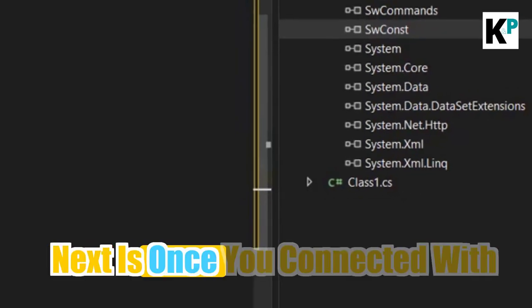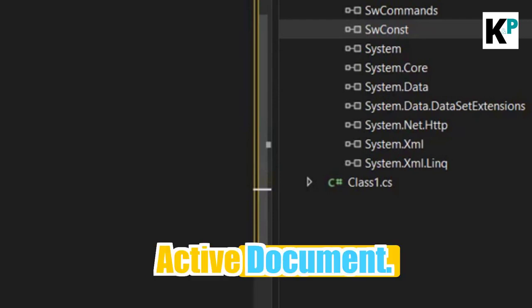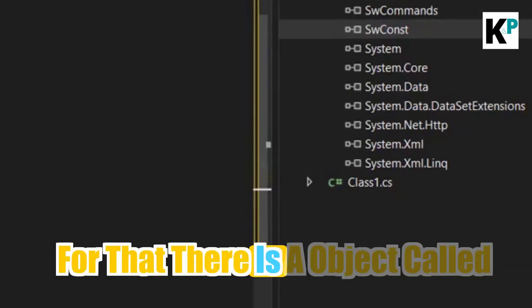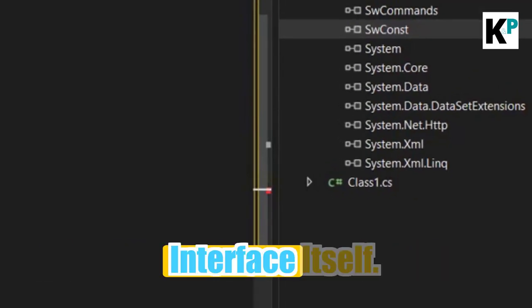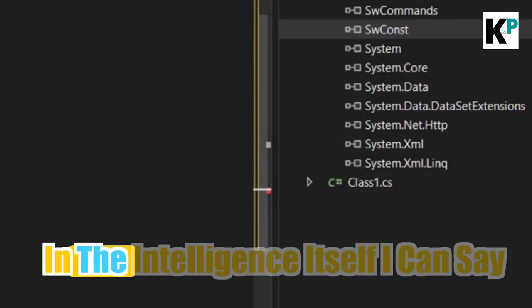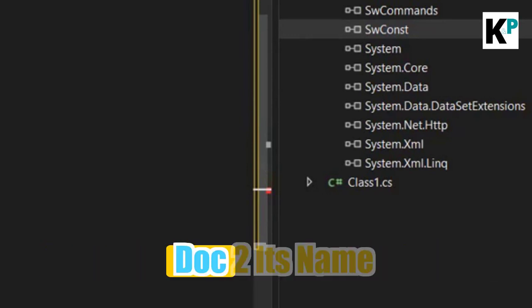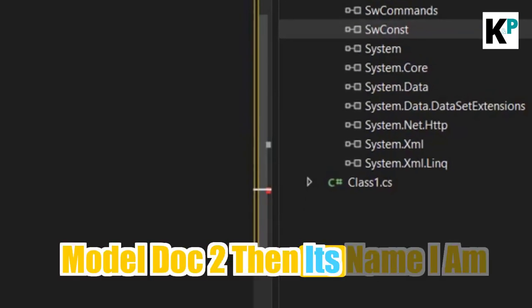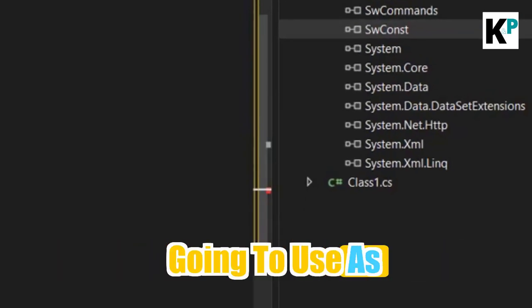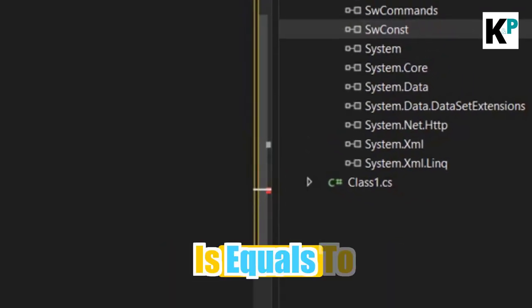Next, once we are connected with the SolidWorks object, is to connect with the active document. For that, there is an object called ModelDoc2. Now you can see in the interface itself, in the IntelliSense itself, I can see this ModelDoc2. And then ModelDoc2, its name I am going to use as swModel, is equal to